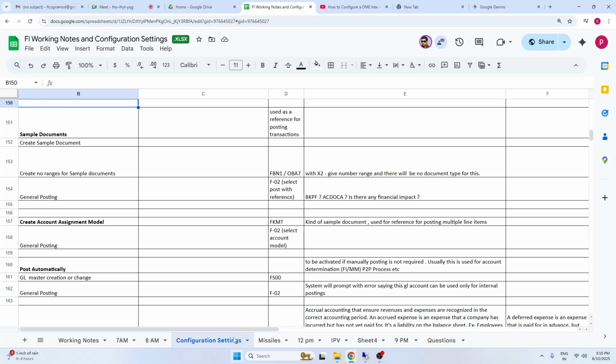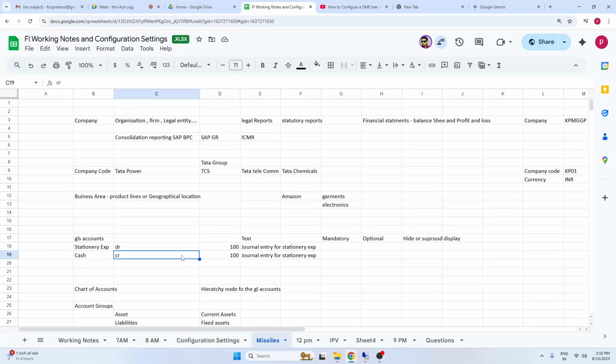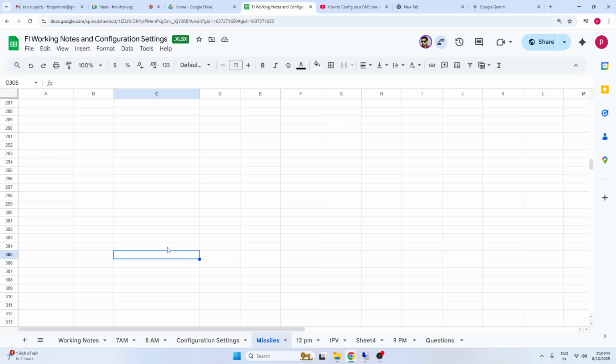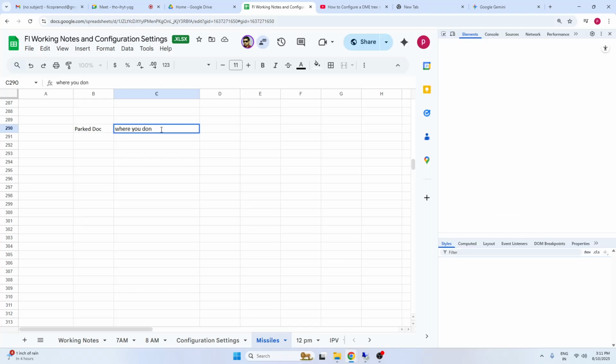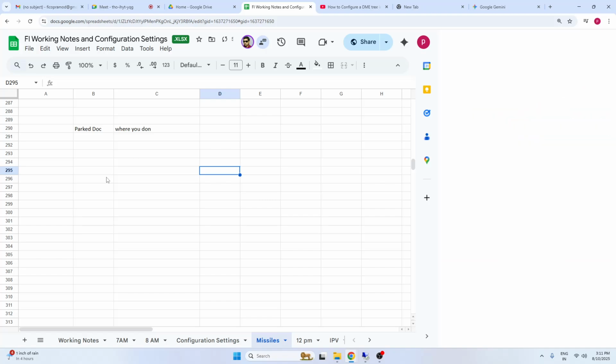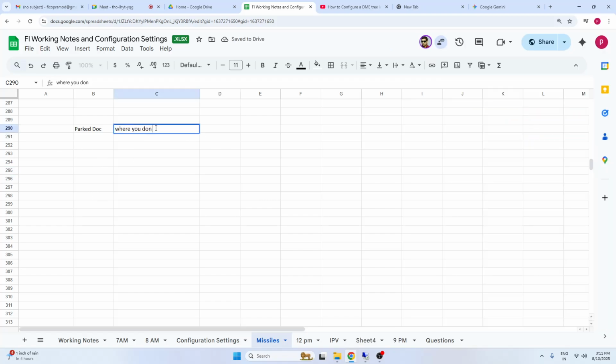Okay, there are two things here. Park document, where you don't have sufficient information, right? So what you will do, you'll park the document.